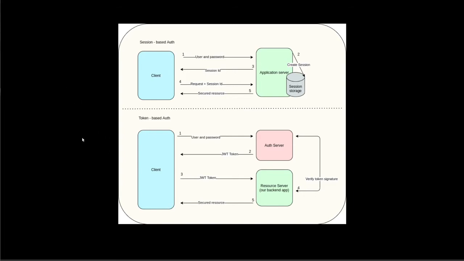Token-based authentication works in a different way, because here the authorization server is usually separate from the resource server, and the client is sending its credentials. And once again, this is a very simplified flow. There are multiple ways to do this. I want to just explain the general idea. The client is sending its credentials to the auth server, and the auth server returns the JWT token. The token is signed by the auth server, so